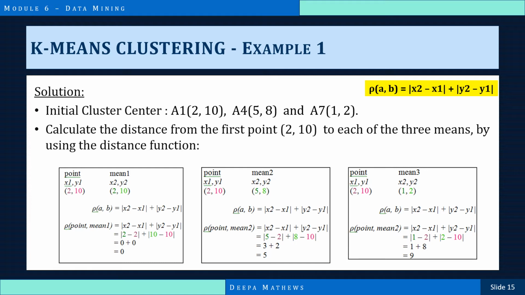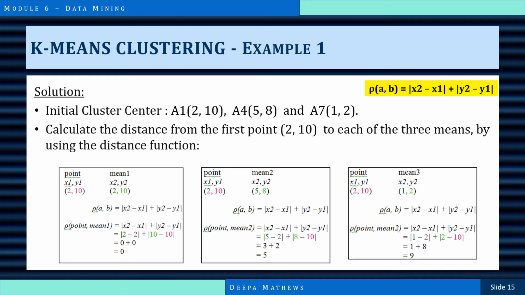We can calculate these using the distance function: P of AB is equal to x2 minus x1 plus y2 minus y1, where A is x1, y1 and B is x2, y2. First, the distance between 2,10 and 2,10. The point is 2,10 and the mean point is also 2,10, so the difference is 0, and the distance value is 0.